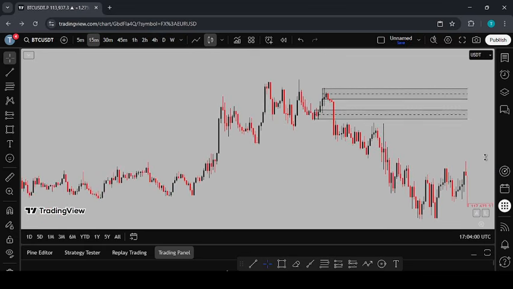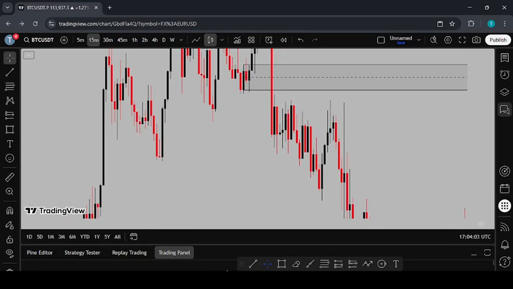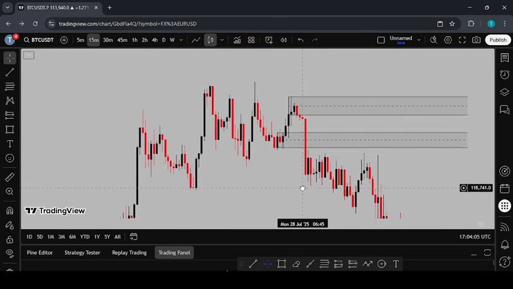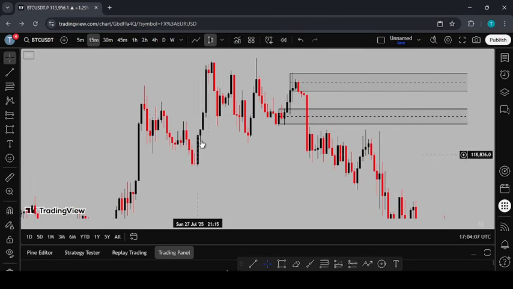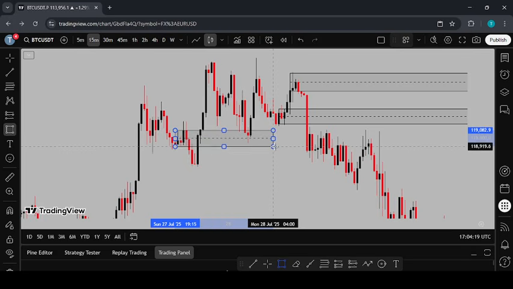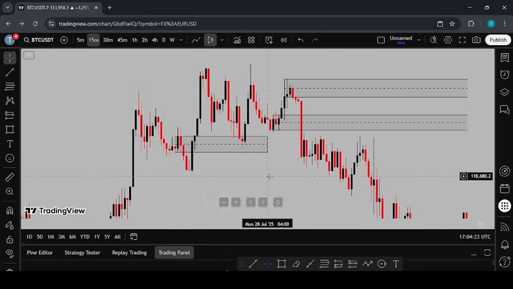There's also another example of a mitigation block here, right? Now market made a move. There was a low here that created this movement. Market shifted structure aggressively, right? This last bearish candle that made this move is the mitigation block, right? If you don't understand this, you need to watch this video and backtest. And this one is the order block,